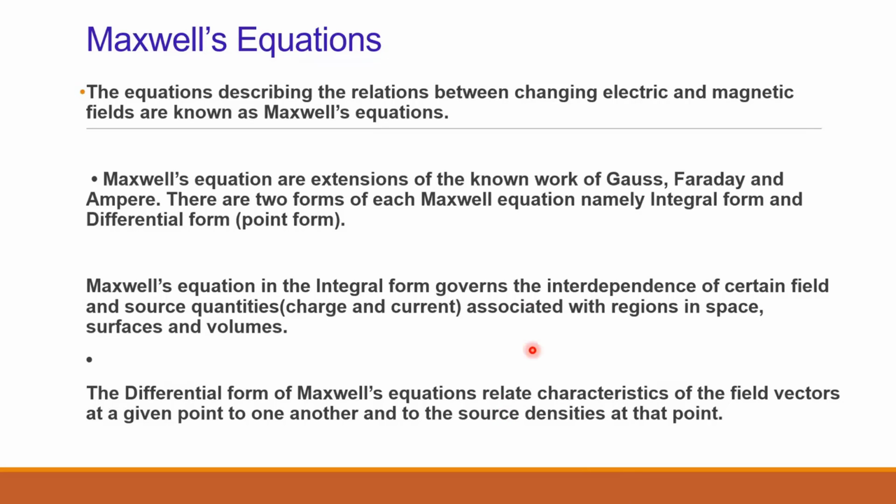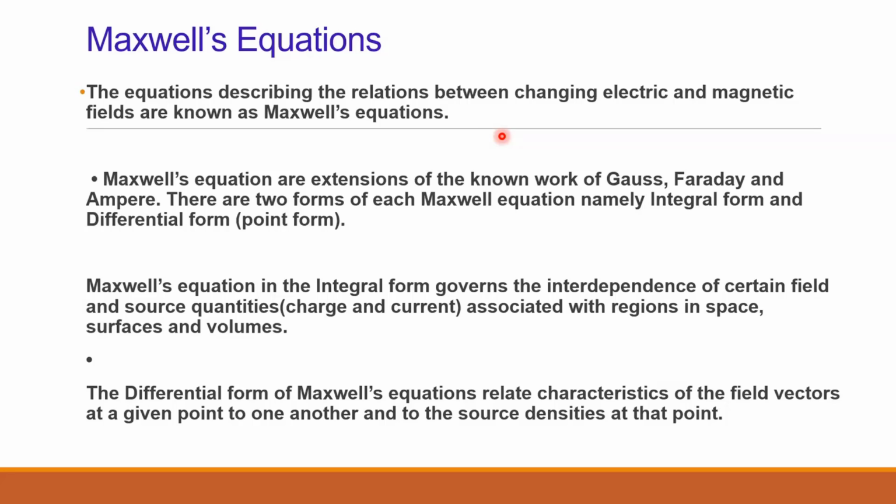So in integral form we only represent sources, currents and charges which are present on space, volume and surfaces. And in differential form we represent actual fields like H bar and E bar. These fields we relate with flux densities or other densities in different fields. So these are the four major points we have discussed. What is the main thing? Maxwell's equation relates electric and magnetic field quantities, right? And there are two types: one is integral form and the other one is differential form.